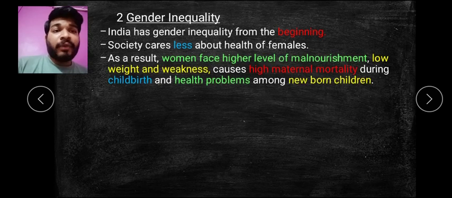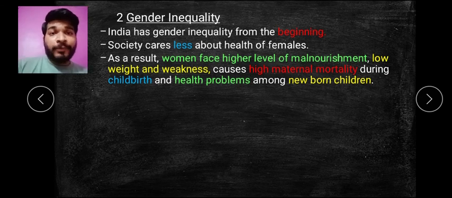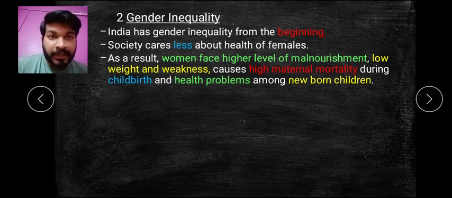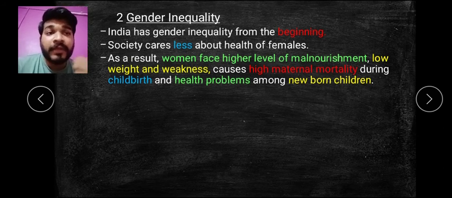Again you find that females have a higher level of malnutrition, because they were not properly cared for and had health problems and issues. Then you find that with low weight there is more weakness, and because of more weakness they were dying because of this particular malnutrition, because of lack of protein or particular vitamins. Then after you find high maternal mortality. Maternal mortality means the lady who has been married and is becoming a mother, that particular death ratio has also increased because of these health issues.